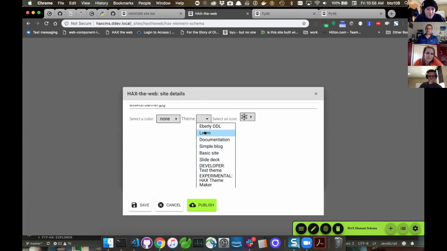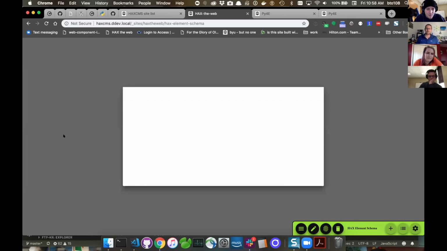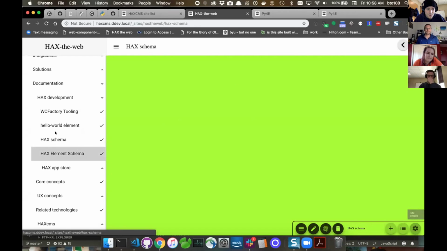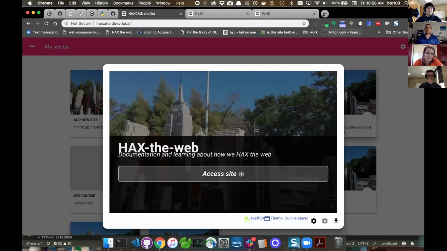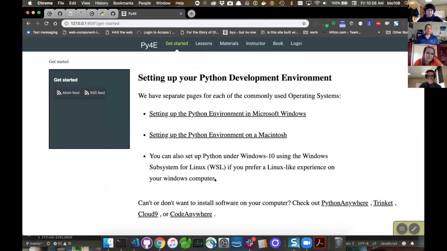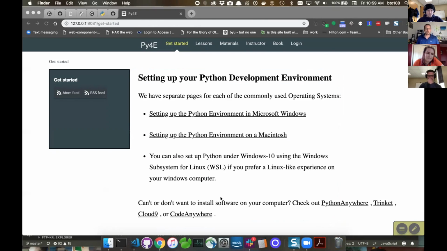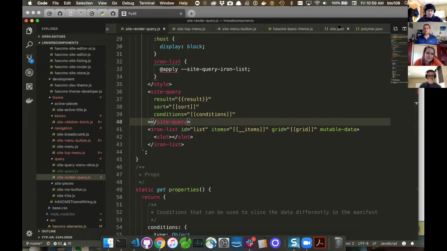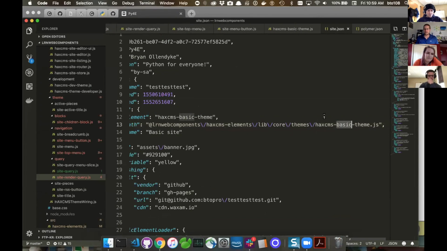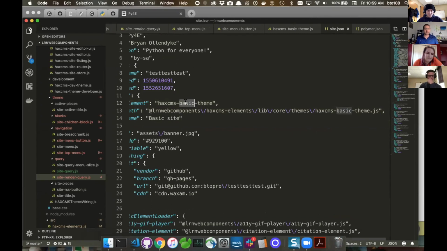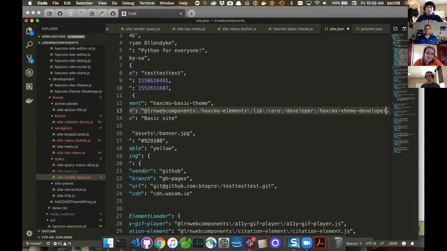Okay. So I'm going to need to change this theme back or else I'll forget. Let's go with documentation. Okay. Oh, that's lovely. Okay. So close that one, close that, close that. We're just getting started. So I'm going to edit the site JSON and then that'll be perfect. It'll be half an hour a piece here. So I'm going to edit this to be developer, and then it's like HAXcms theme developer, I believe is the name